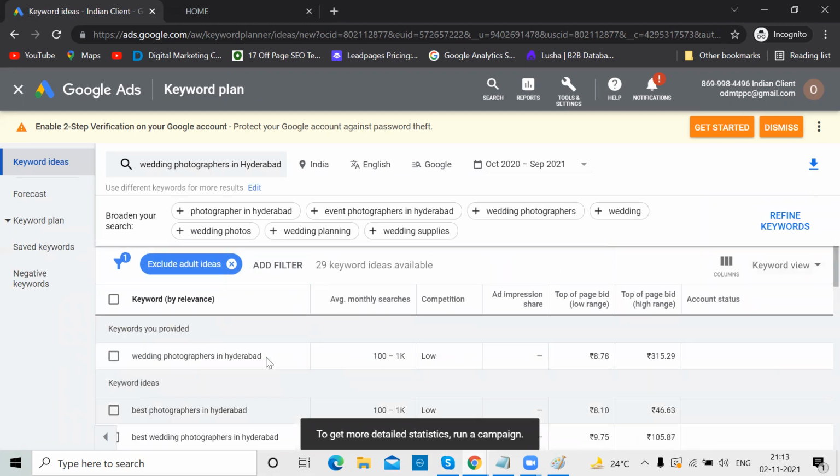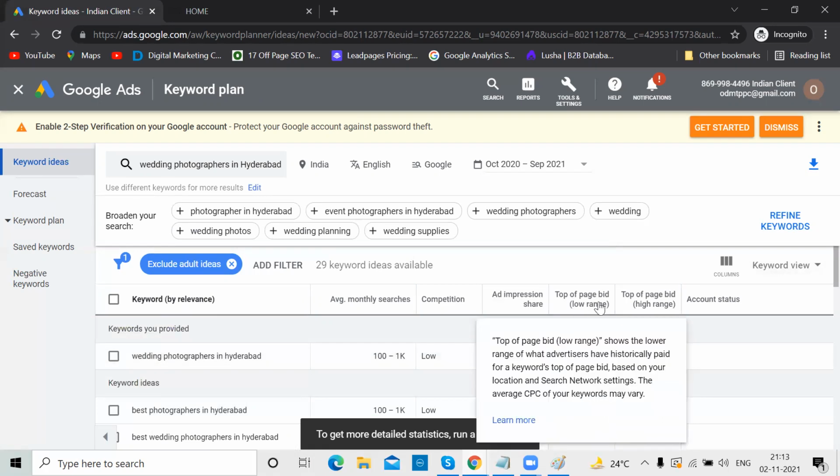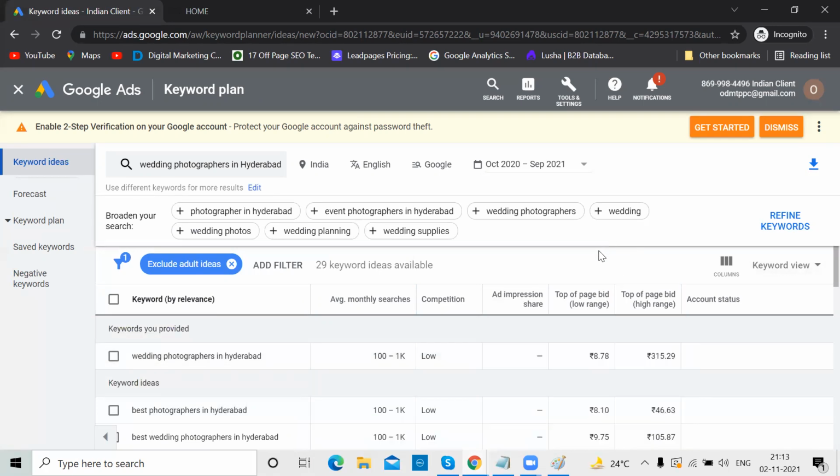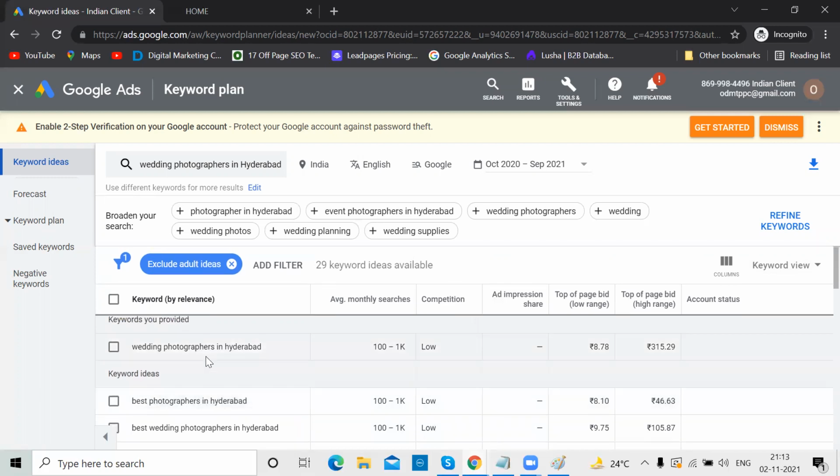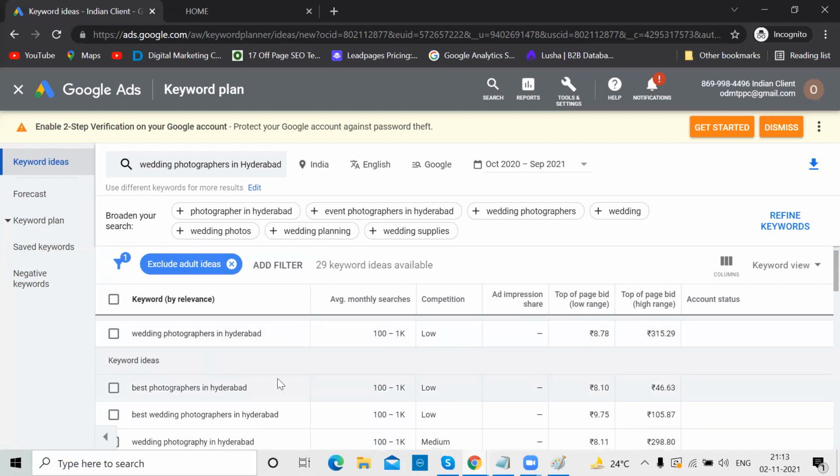Wedding photographers in Hyderabad, the keyword has 100 to 1000 monthly searches. And if you see, bidding also they gave it. So the lowest bid is 8 rupees, maximum bid is 350 rupees also. In order to come on first position, sometimes they're charging 350 rupees per click also for the particular keyword. Wedding photographers in Hyderabad. But see another keyword, best photographers in Hyderabad, 100 to 1000, but the highest is 46